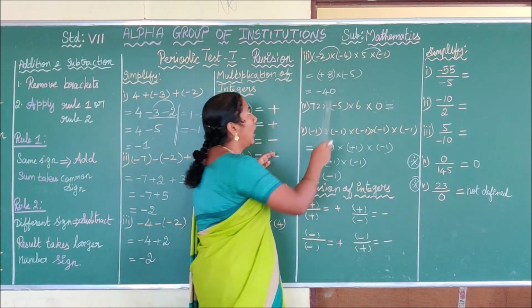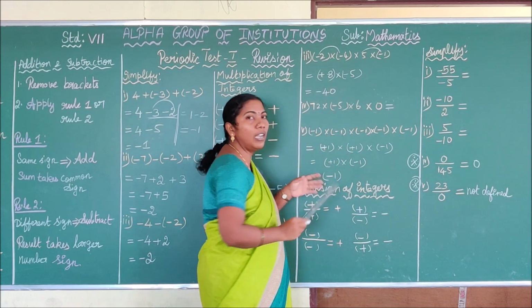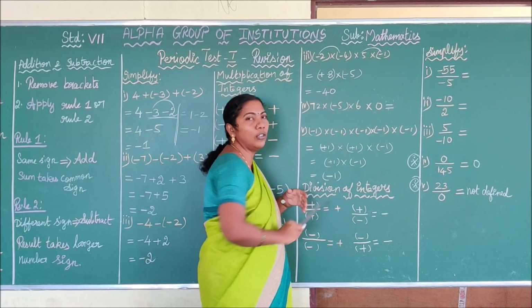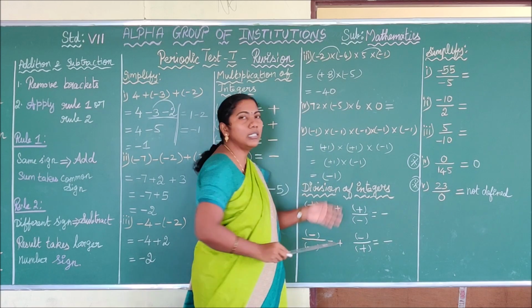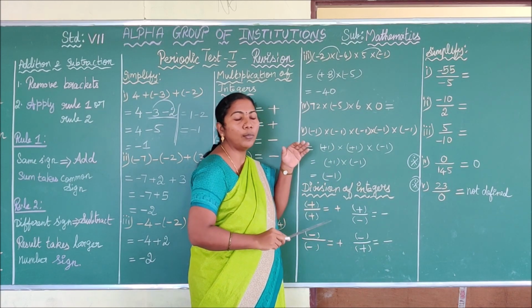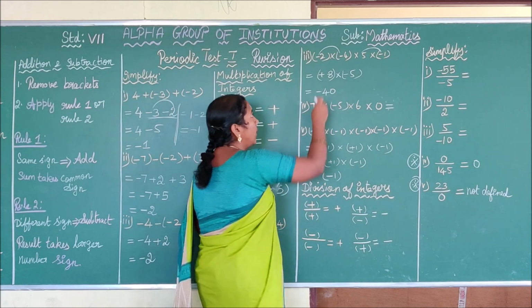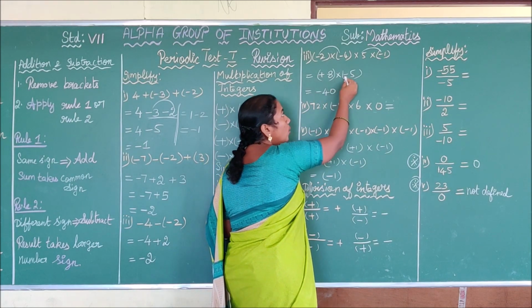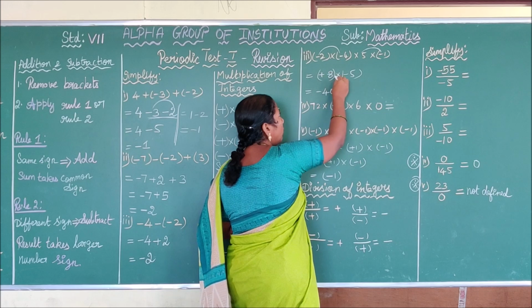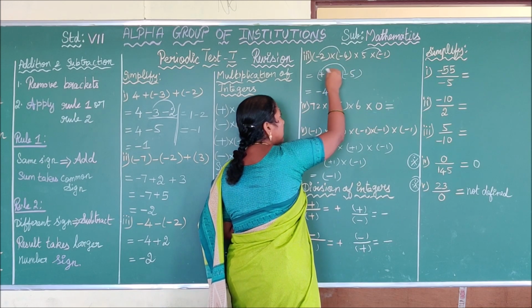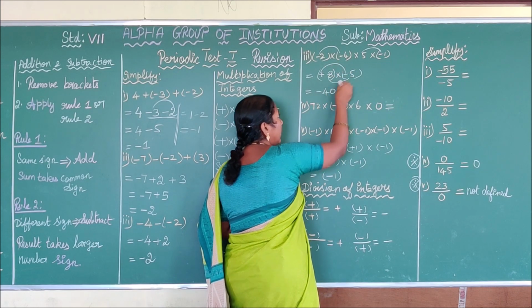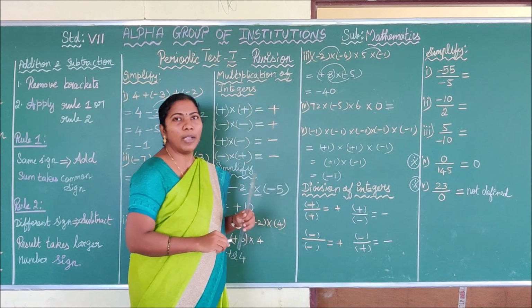Some of you, up to this you are writing very well. After that you are adding these two values. Up to the last step, this is the multiplication sum. So up to the last step, you have to multiply the given values. Okay. So your answer is plus 8 into minus 5. Before you have to multiply the symbol first. So plus into minus, minus. 8 5s are 14. So your answer is minus 14.